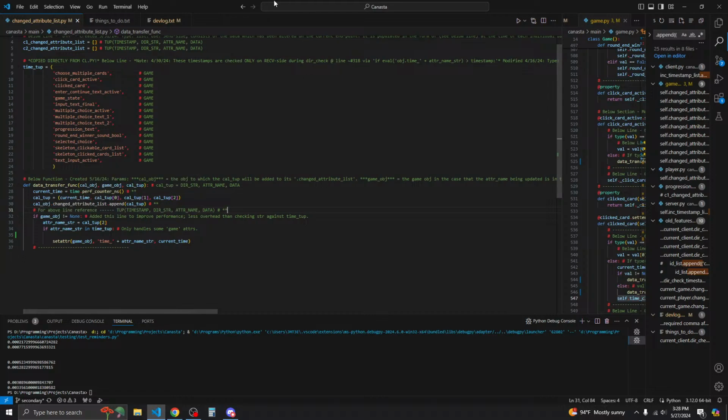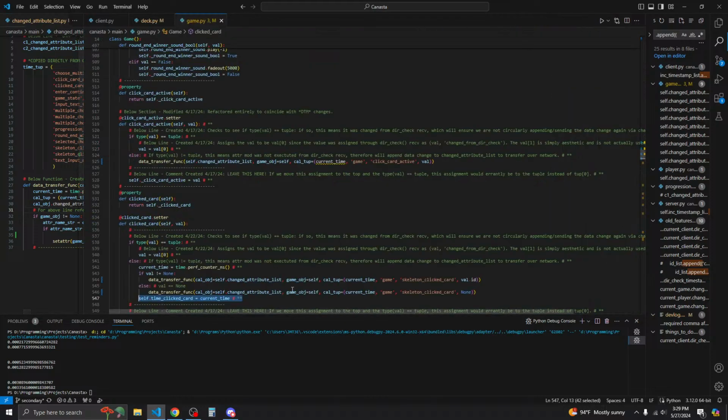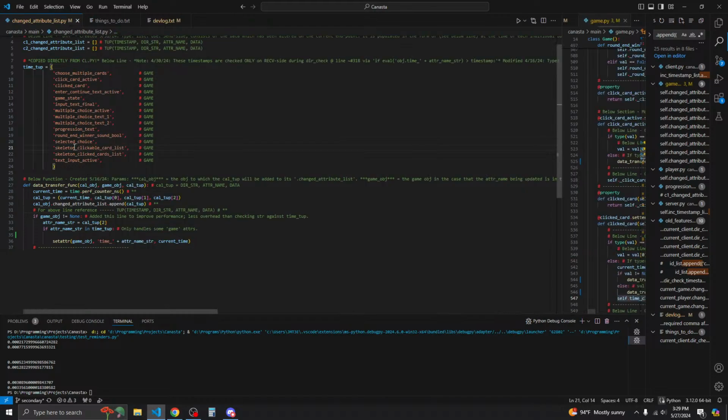So we say adder name is equal to cal tube 2, right? But this is going to be looking for skeleton click card in the time tube. But it actually should be looking for clicked card. Okay. So I have to put, we'll just put bugged system here. When handling adders such as skeleton clicked card, etc.,